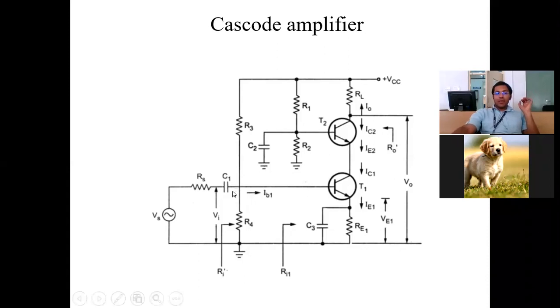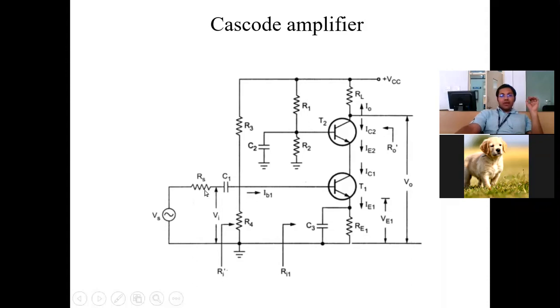So here we have capacitors: 1 capacitor, 2 capacitors, 3 capacitors. So all 3 capacitors are short. This capacitor short means this resistor is directly connected to the base. This capacitor short means the base is directly grounded. This capacitor short means no more emitter resistor. Will you try to draw this? Simple. Based on the 2 rules, you should draw the circuit. Clear? I already have, but please practice.